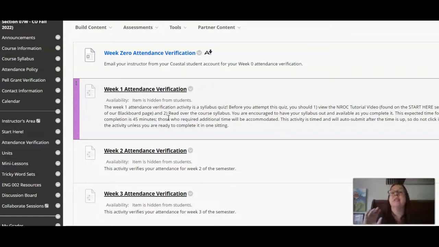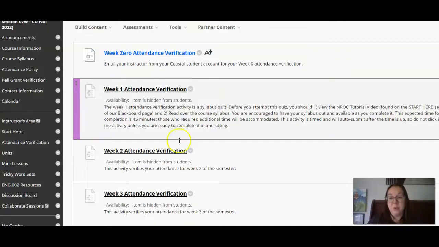And the point of that is for you to fill out some sort of assessment to record your attendance for the previous week. So most of the time it's reflective, like what did you accomplish this week? How do you feel about that? What do you want to accomplish next week? Just short answer kind of stuff.